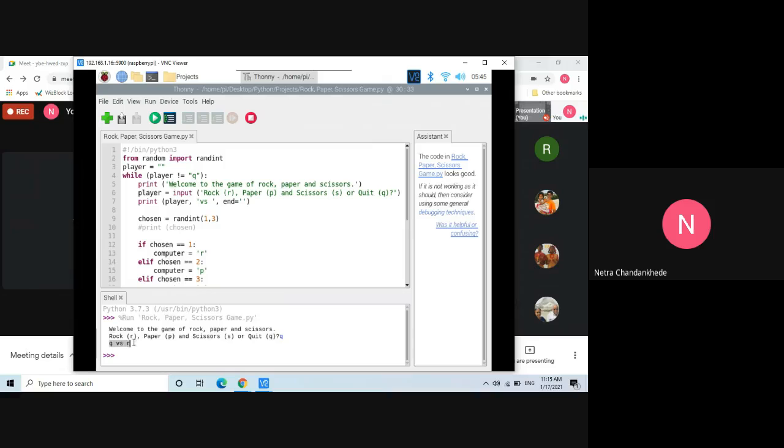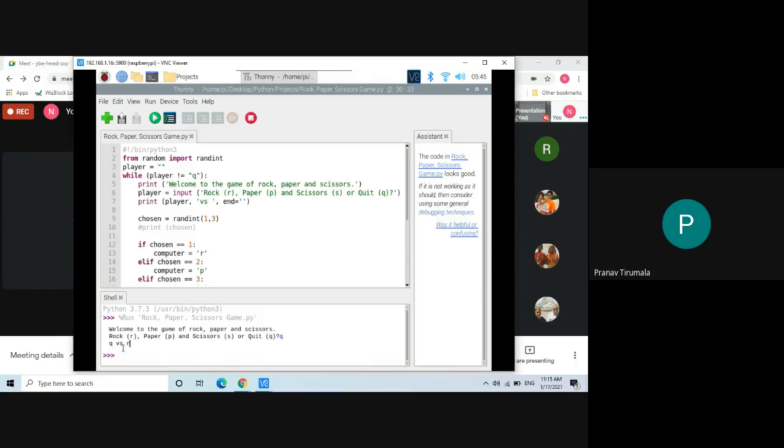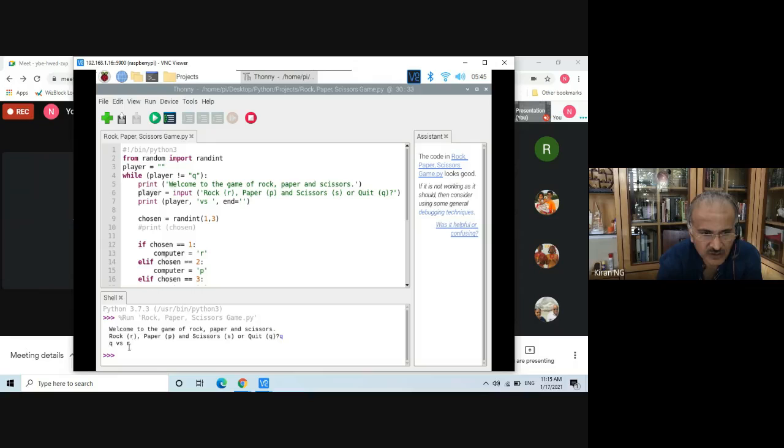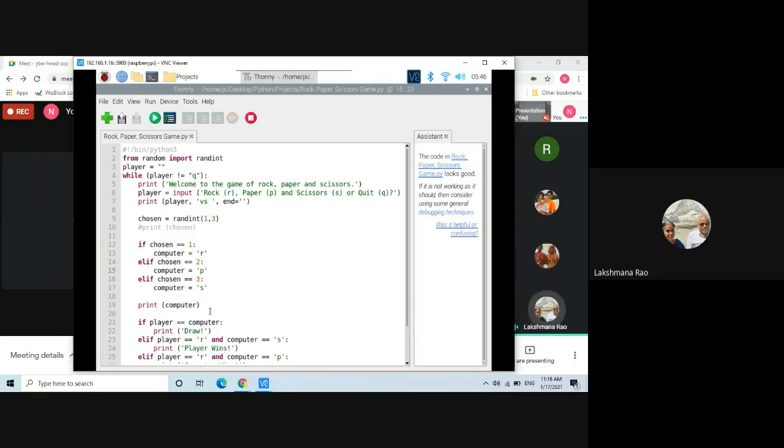So now it's asking quit versus observation. Just run it. Let's see if it is running. So it ran actually. It should run infinitely, so why did it not? You gave the input as Q, so the loop ended. If you give the input as something else, then it won't exit the loop.